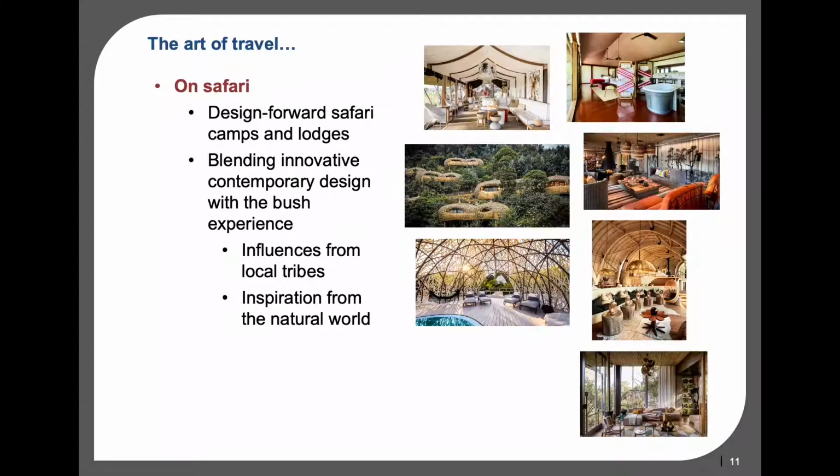Some lodges draw inspiration from the natural world. Here we have a pool pavilion designed after a bird's nest at Jao in Botswana, a lounge structured along the lines of a pangolin shape at Sindabezi Okavango Lodge, also in Botswana, a sitting room inspired by the shapes and colors of the plants and insects found along the river in front of Singita Sweni in South Africa,